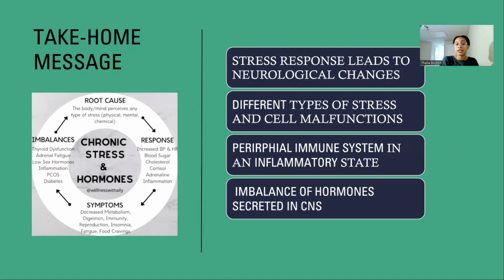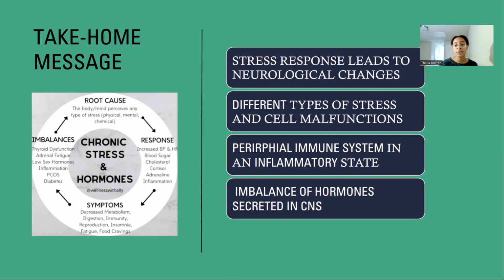Firstly, the stress response leads to neurological changes. Like we said, the morphology of the microglial cells changes as the branching either increases, decreases, elongates, or stunts. Because this happens, it creates cell malfunction. The type of stress that we looked at was chronic stress, and this type of stress created cell malfunction in microglial cells and in how they react with neurons and between the axons and dendrites. When the microglial cells are affected, they then send a signal to the immune system that, hey, homeostasis is messed up. We need to fix it.